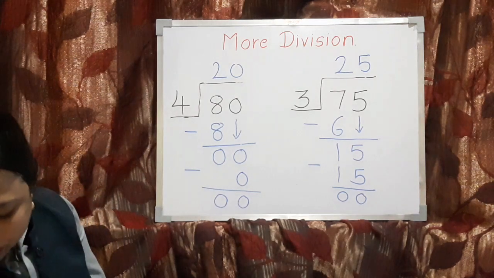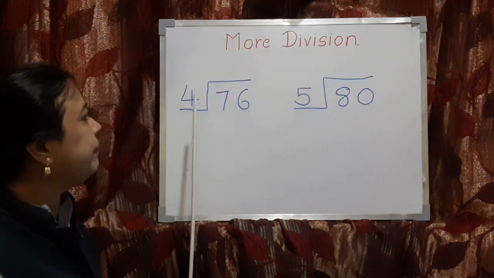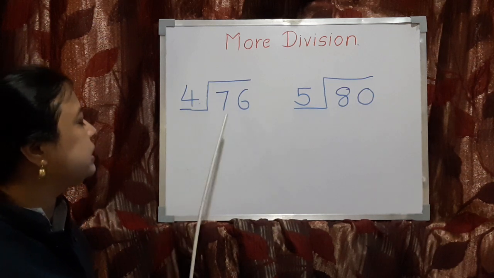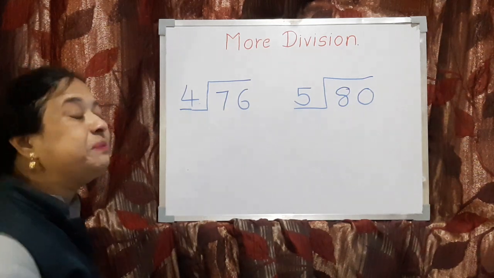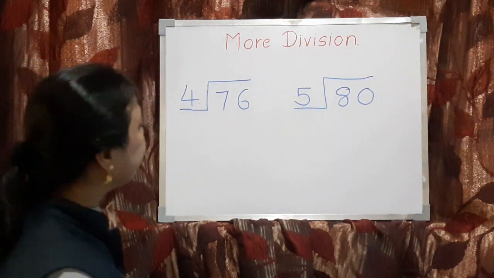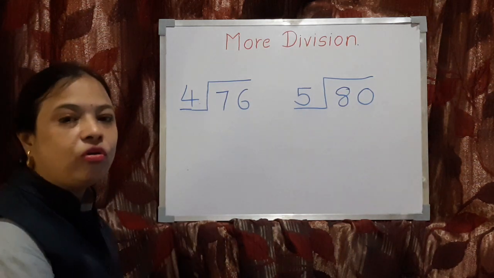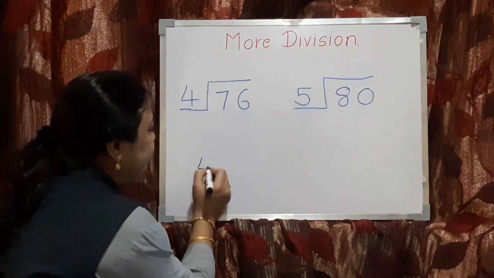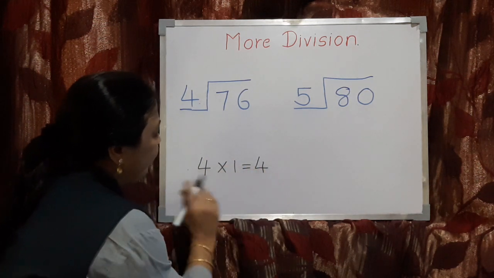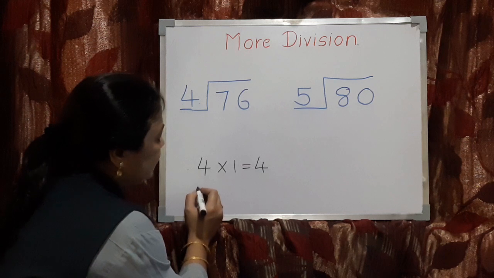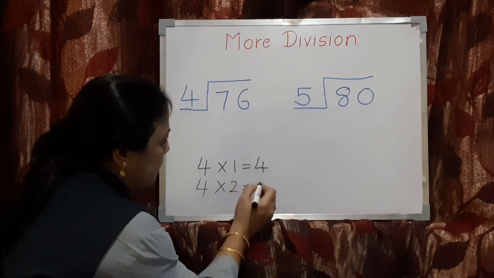So our answer here is 25. I will show you one more sum. Now 76 divided by 4. So here we are going to see first the first number. First number is 7, which is bigger than 4. 4 से बड़ा है तो हम एक ही नंबर लेंगे, right? चलो. So 4 1s are 4. If you are not comfortable, then you will write down the table with pencil like this, and then you can rub it. 2-3 बार आप ऐसे करोगे तो आपको आइडिया आ जाएगा, ठीक है?